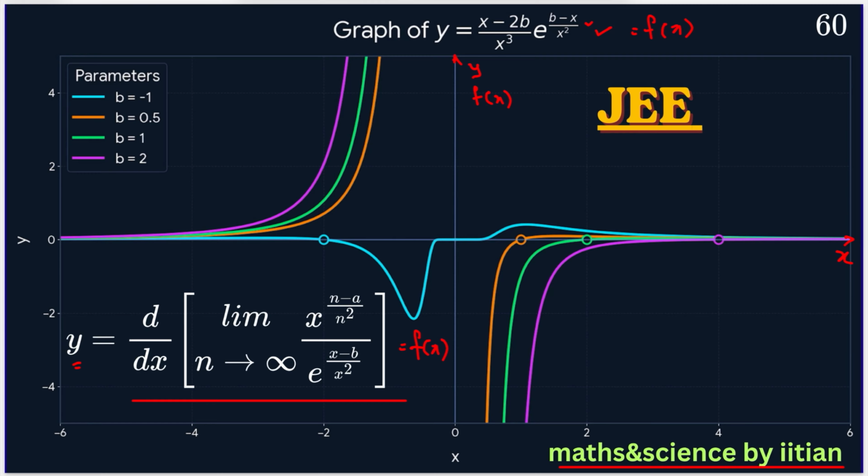for different values, like b is equal to minus 1 we can assume, b is equal to 0.5 we can assume, b is equal to 1 and b is equal to 2. Whereas y and x are variables, and we will be plotting function x versus x or y versus x with different values of b. This is a typical JEE or JEE advanced